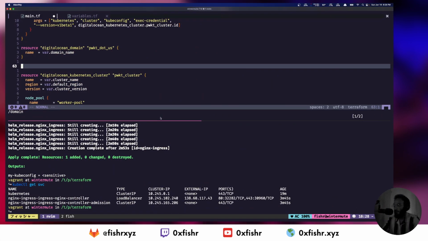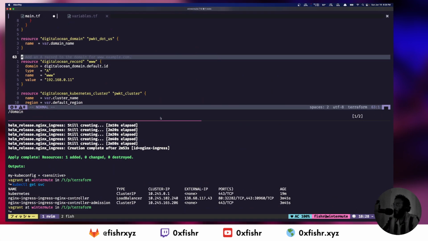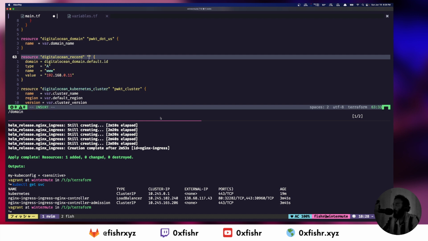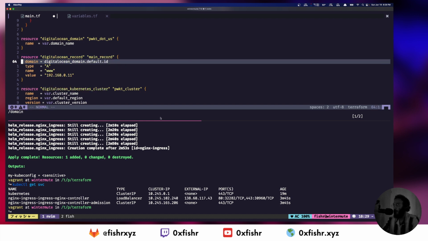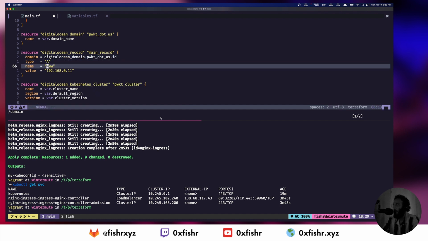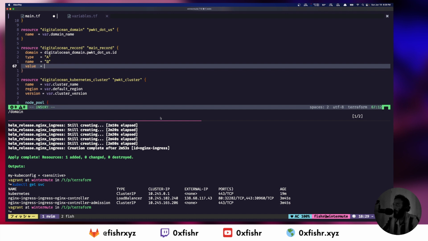We'll paste that, and call it main record, because we're not going to add a subdomain. The domain is pocket.us, type A, name is going to be @, and the value is going to be data.kubernetes_service_v1